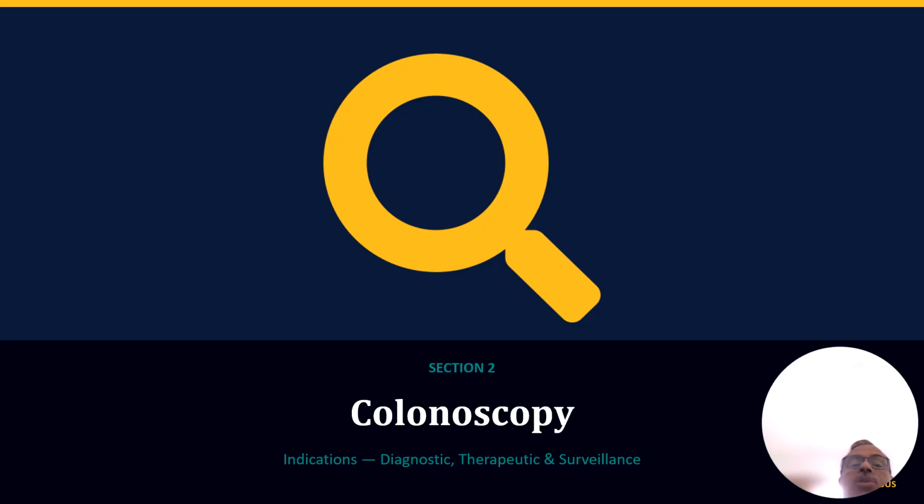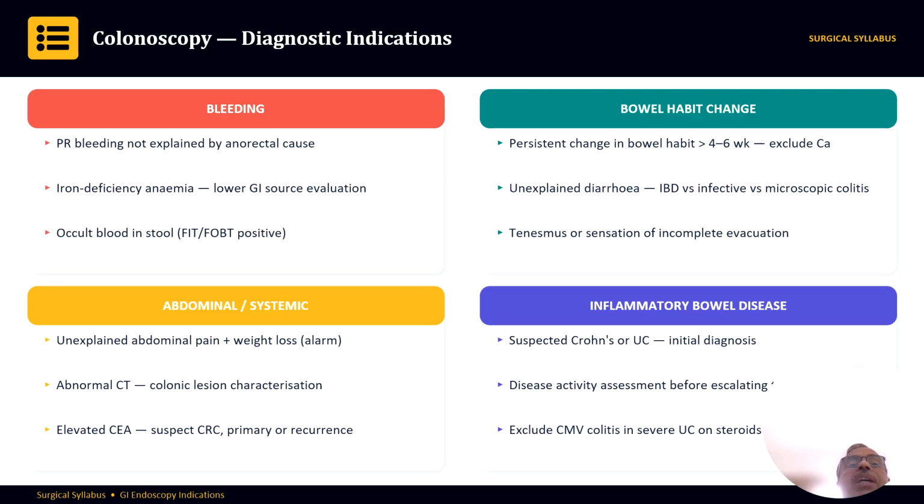Now coming to colonoscopy, its indications, both diagnostic, therapeutic and surveillance. Colonoscopic diagnostic indications. Number one indication for doing a diagnostic colonoscopy is bleeding per rectum, PR bleeding not explained by an anorectal cause. Any patient with unexplained iron deficiency anemia, you have to do colonoscopy to rule out any lower